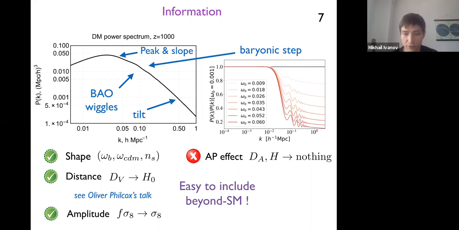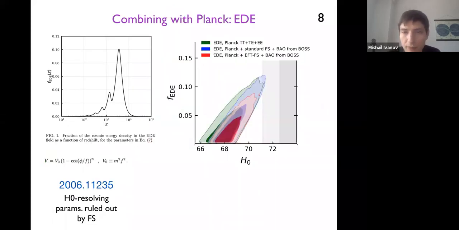So I have presented all the discussion for lambda CDM, but you can imagine that all these arguments can be repeated for any beyond the standard model scenario. For instance, if you want to change the early physics. Here maybe I should also mention that the standard analysis fixes the power spectrum shape template, and then applies only the Alcock-Paczynski distortions to it, which means that in principle, the standard full shape measurements, say by BOSS, cannot capture scenarios that modify the early universe. And one of them is early dark energy. Maybe you know that this is a very popular scenario which has been put forward to resolve the so-called Hubble tension.